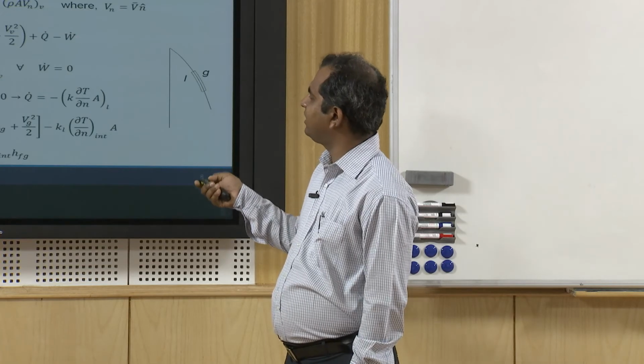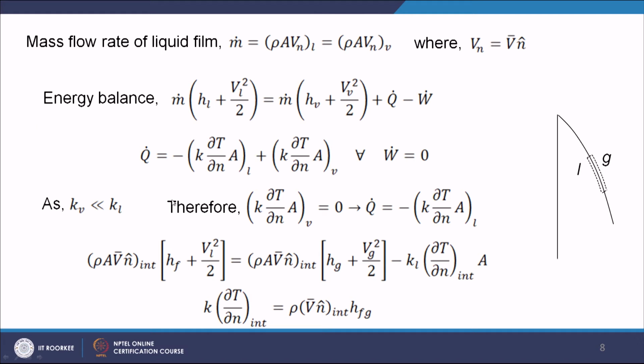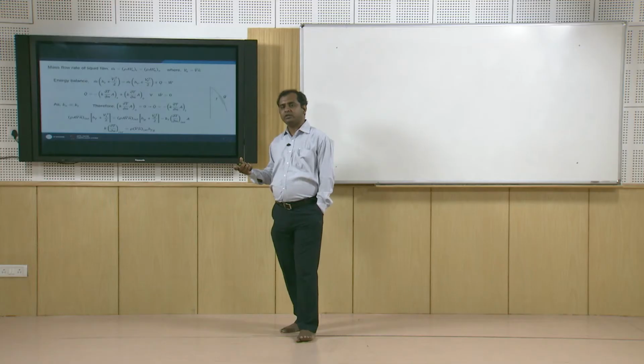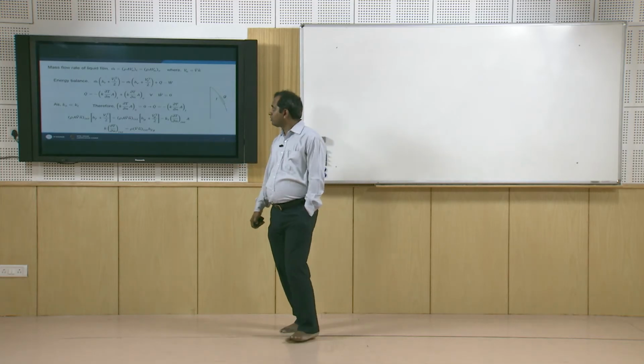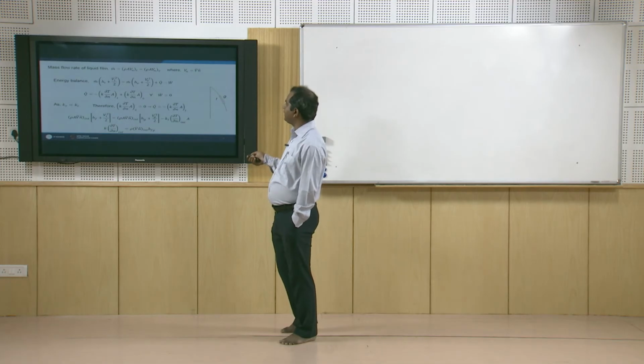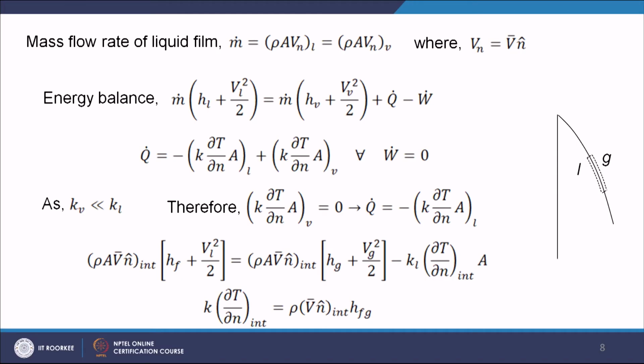Okay, this can be cancelled out and easily this Q can be written as... now this Q will be the heat transfer. Now, the heat transfer will be dependent on the conduction through the liquid and conduction through the gas. Okay. So, conduction through the liquid, if you write down, then that will be minus K del T del N A. Now, this N is once again the normal direction, okay, and all the properties I will be taking for